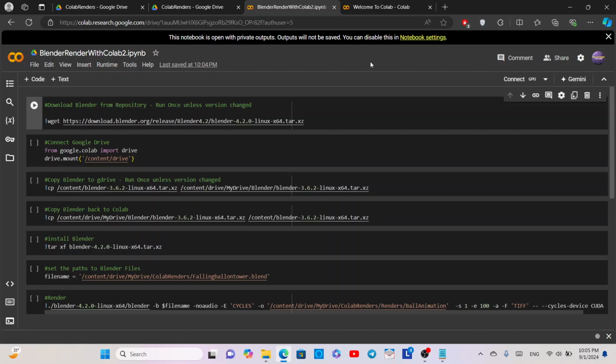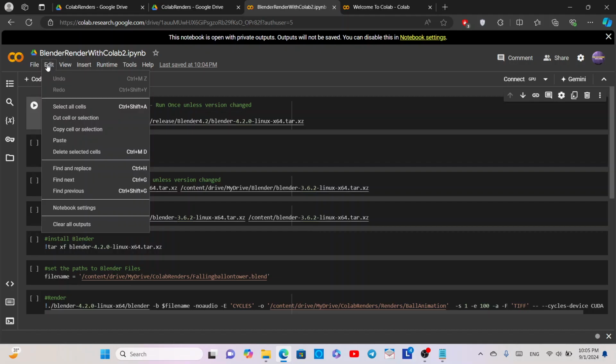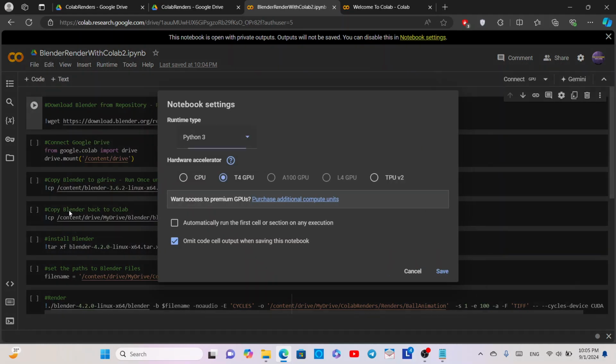So the scene that we've made together, you'll find it on my channel, this Rubik's Cube animation scene. On my PC, it's going to take a week to render, okay? Because my PC is using a CPU to render, and this is very bad for Blender rendering, okay? But here, if you click on edit and go to notebook settings, as you can see, this device is using a T4 GPU, okay,